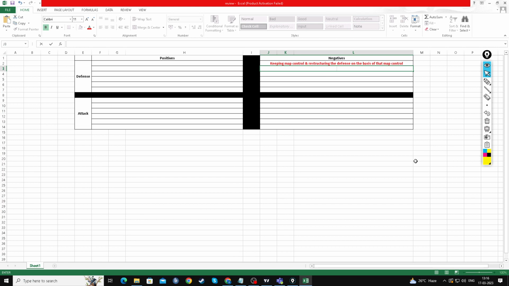So let's focus on the second negative that I've noticed till now. While playing on the defensive side, you need to watch out for the ultimates that the attackers have. If they have an ultimate that could be really fatal for you while retaking a side, you don't need to play retake on a side. You need to fight them up front. You need to face them on the side. You just would not want to give up the side